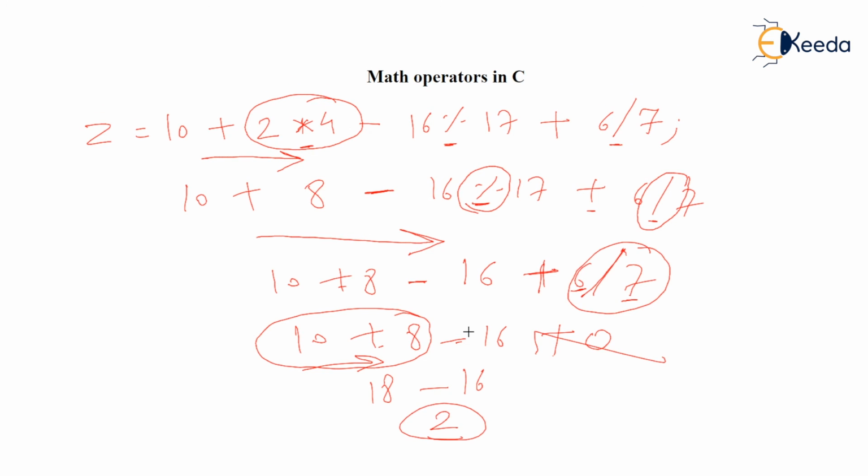So according to the BODMAS rule, multiply, slash, and percent have equal precedence but higher than plus and minus, which have equal precedence but lower than star and slash. Many more operators will be seen in coming videos, and it will be really interesting to see how these operators mix up with each other.